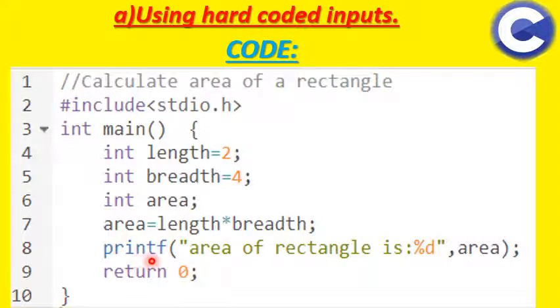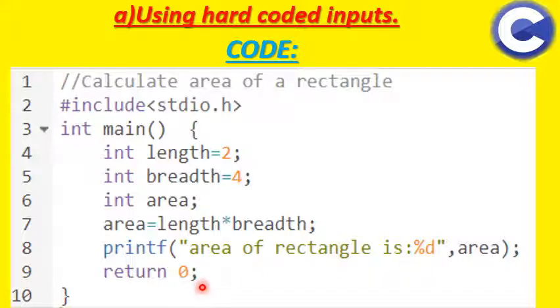Now the printf function. Inside this, whatever I write will be printed on the screen. So inside the parentheses and double quotes I am writing: area of rectangle is %d. So the area of rectangle is printed on the screen and the %d, which is your area, will be printed on the screen. The area is storing the product of length and breadth, and length is 2, breadth is 4. So 2 into 4, 8. Area is storing 8. So your output on the screen will be: area of rectangle is 8.